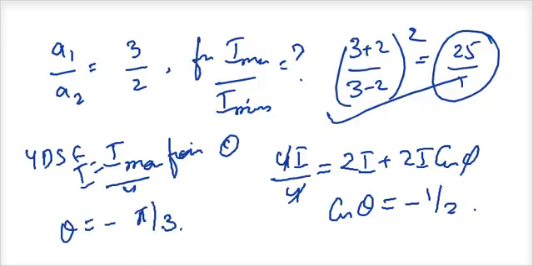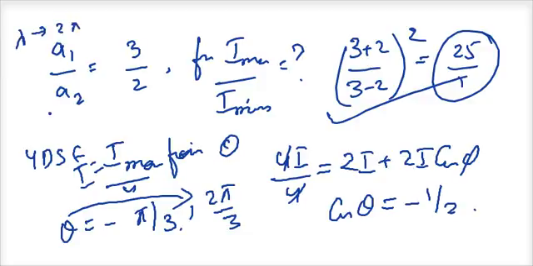So minus pi by 3 is not applicable. I have to go to the next quadrant. So next quadrant means it will become pi minus pi by 3, or it will be 2 pi by 3. So theta is equal to 2 pi by 3. Now I can convert this phase difference into a path difference. Now I know that lambda path difference will give me 2 pi phase difference. So a unit phase difference will give me lambda by 2 pi path difference. So into 2 pi by 3 will give me lambda by 3 path difference.